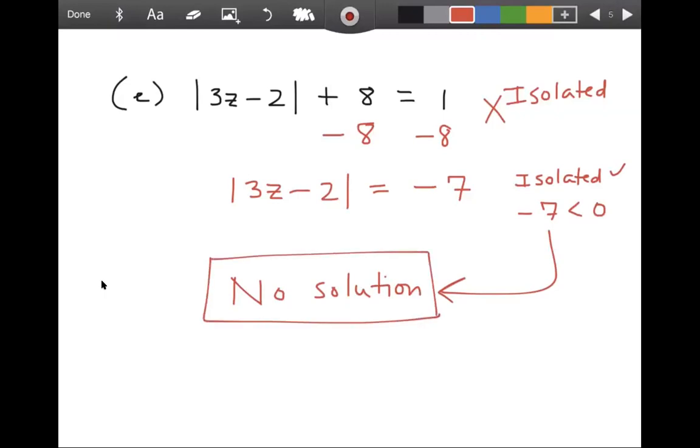Remember, no solution can also be written like this. Okay. All right, so that's going to do it for that batch. Let's go back to the presentation